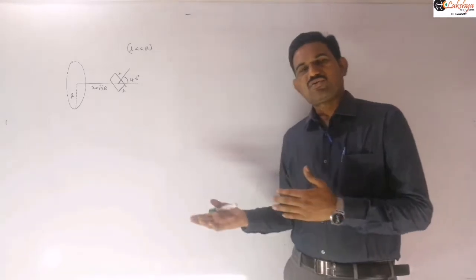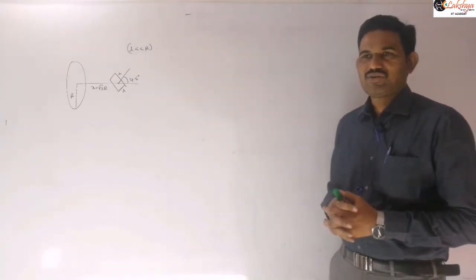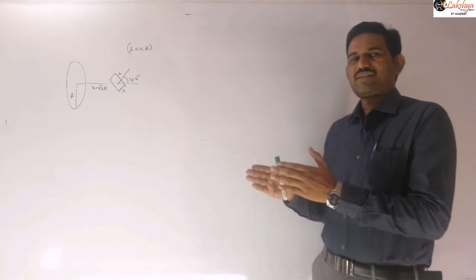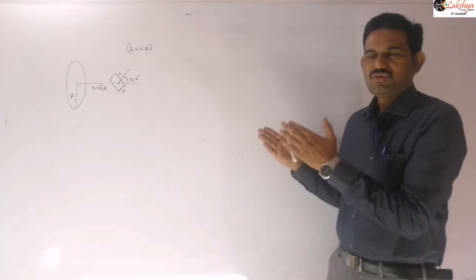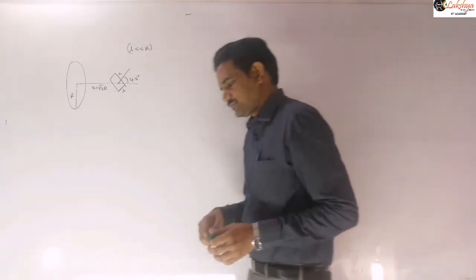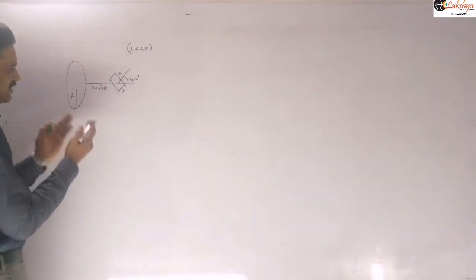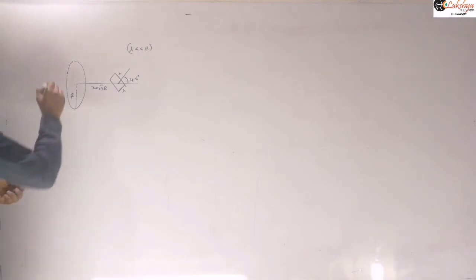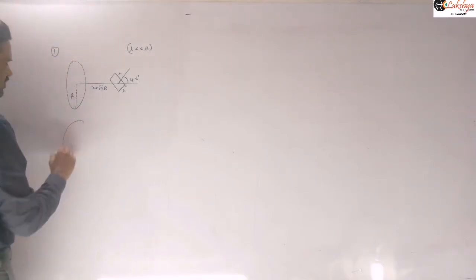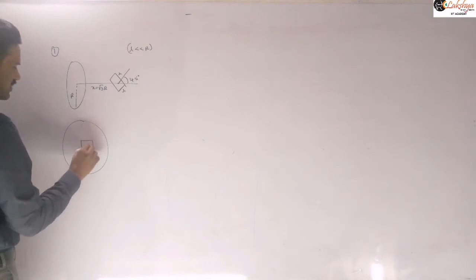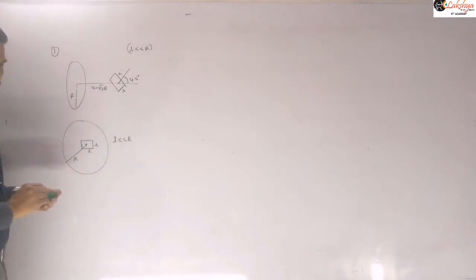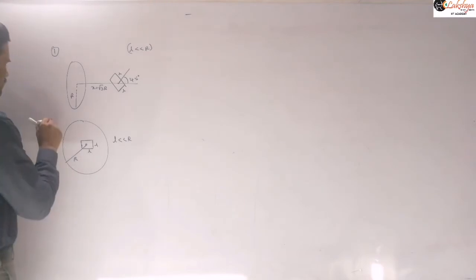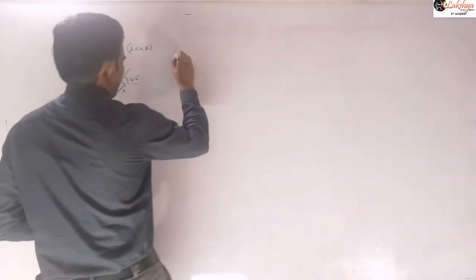We calculated two circular loops with some angle. Now, instead of writing the magnetic field at the center of the circular loop, we need to write the magnetic field on the axis of the circular loop, so we use the on-axis formula. Let us take this as one problem. The next problem: the same square loop is placed at the center like this. This is our radius R, and we need the mutual inductance between them. Here also the condition is L is very much less than R.